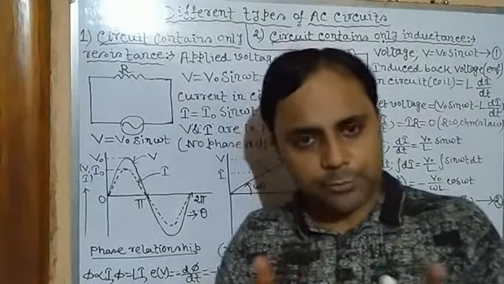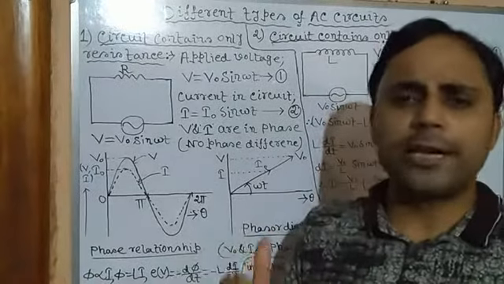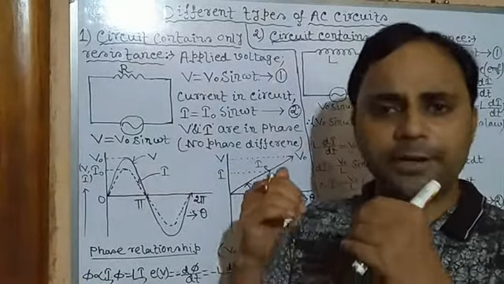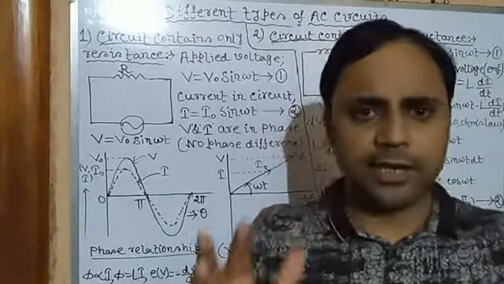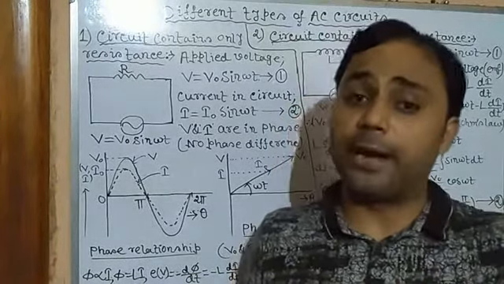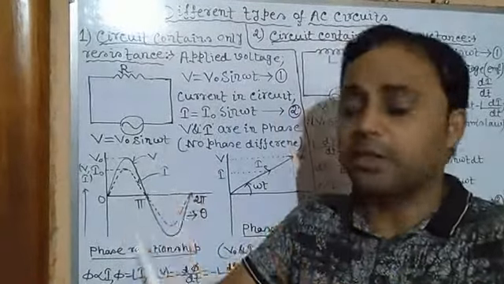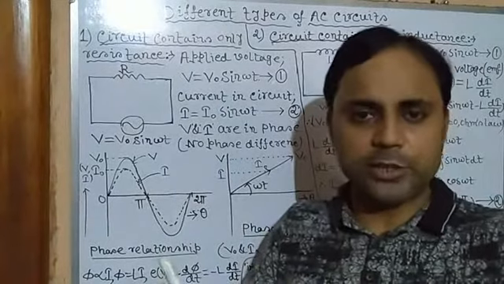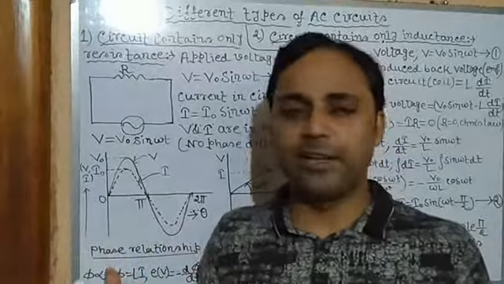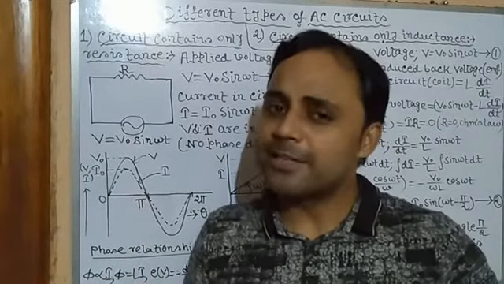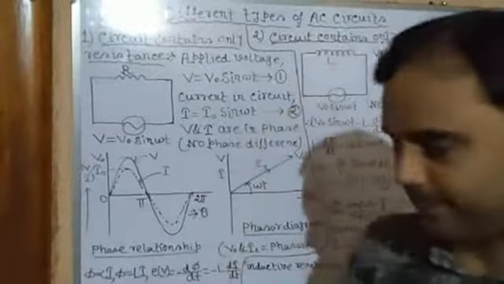Or absolutely opposite phase. A very simple example: suppose there are two friends. After watching a particular movie or after reading a story or watching any incident, both are smiling, both are happy. Since both are happy, they are in the same state of condition. It means they are on the same page. But after watching a movie, if one friend is crying and one friend is laughing or smiling, they are totally on the opposite page. Clear? Or out of phase. So this is phase.